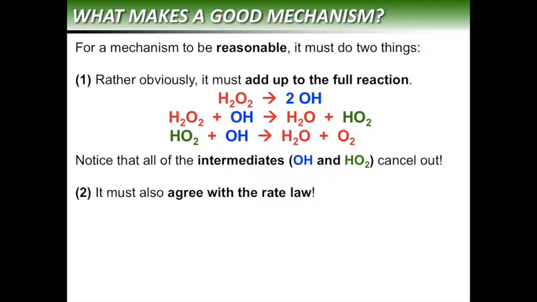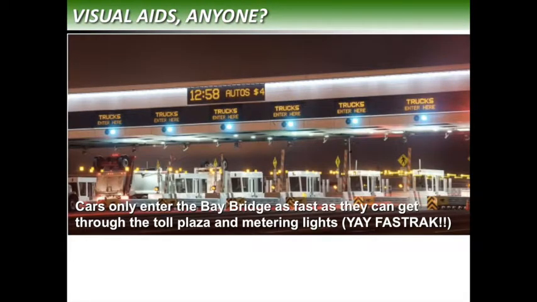The other thing that the rate mechanism must do in order to be reasonable is that it has to agree with your rate law. And again, what the heck does that mean? Well, I'm going to use a quick visual aid for this, and it's one that I used to encounter on a somewhat regular basis, and that I'm happy not to anymore, and it's the Bay Bridge toll plaza and metering lights. If you've ever made a trip from the East Bay over to San Francisco or vice versa, especially at